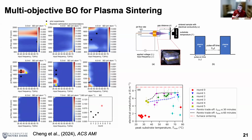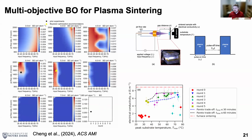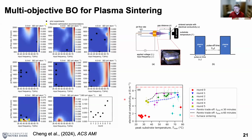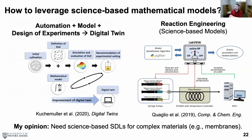We then took it a step further and were able to look at trade-offs between something like electrical conductivity and the maximum peak temperature, and use these data-driven models to predict this Pareto optimal trade-off and really understand how much performance we were sacrificing in terms of electrical conductivity as we limited our peak substrate temperature, or as we changed the manufacturing time. So if we constrained it to be 60 minutes versus 30 minutes. So that's what you can do with systems that are modestly small and are really amenable to these low data